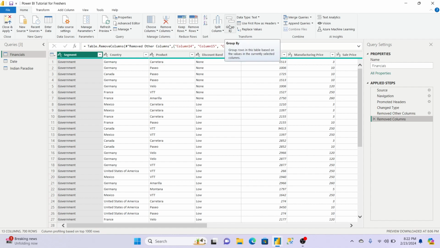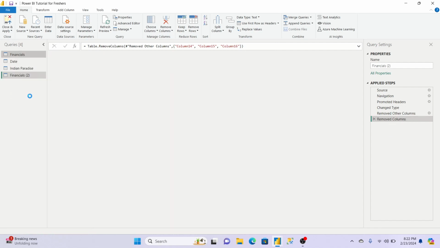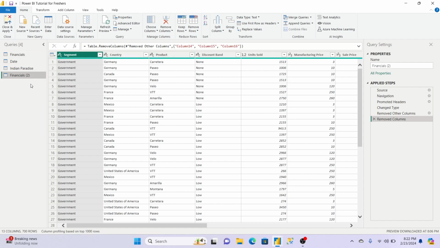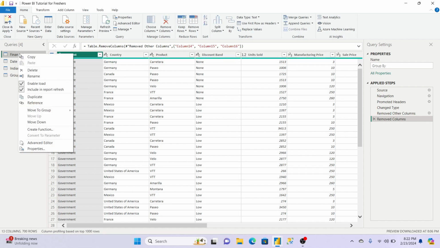Okay, now this group by is very important. For this what we will do, on our original table we will not do group by. Okay, again I need to remove these steps and all those things, so I will just make a duplicate of this table. Okay, see, a duplicate of this table I have done. As it is, the table has come. What I have done, just did right click and did duplicate.